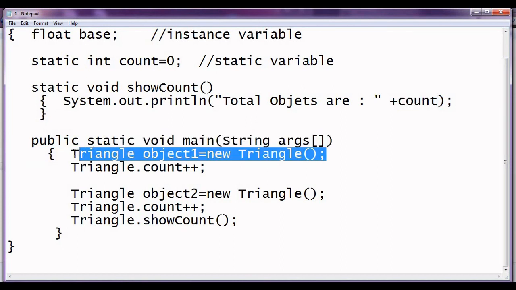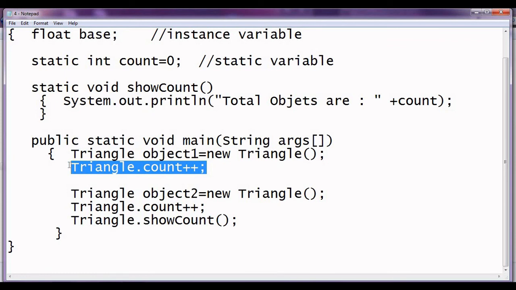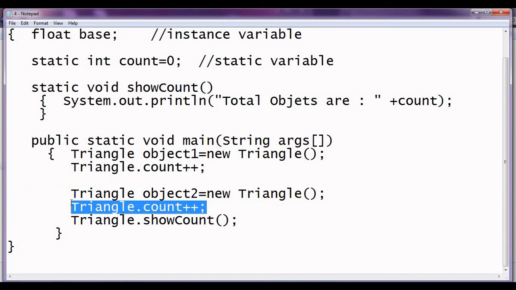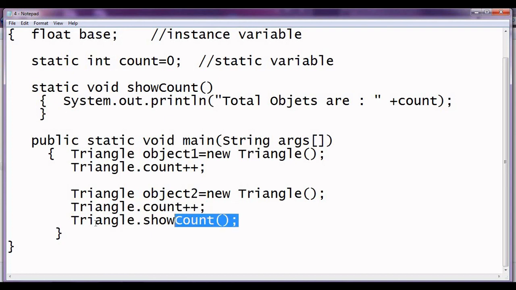In the main we create an object, then the static variable count is incremented, a second object is created, and a second time we increment the count. Now here it shows how to call that static function. Again, the static function can be called using the class name and the function name.